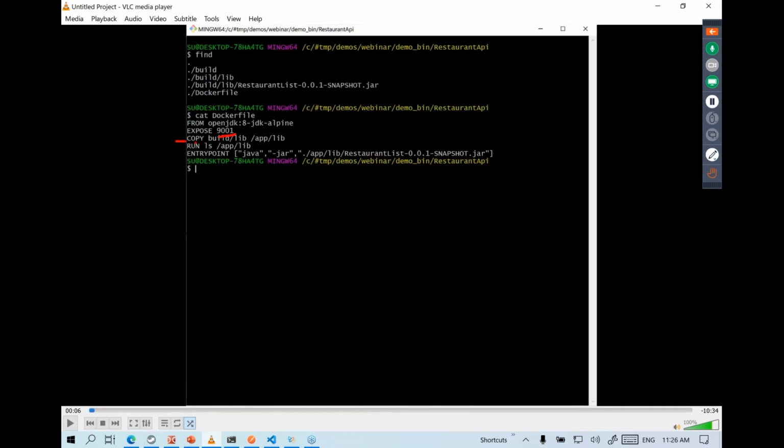And then we are copying the compiled application that we have on our local machine into a custom image. So we plan to create a custom Docker image. And to do that, we are basically copying it into the custom image at this location. And then very importantly, the last step, entry point, is specifying how to execute the application inside the container. So once the application is containerized, how exactly it's supposed to run the application, we are specifying that as an entry point.